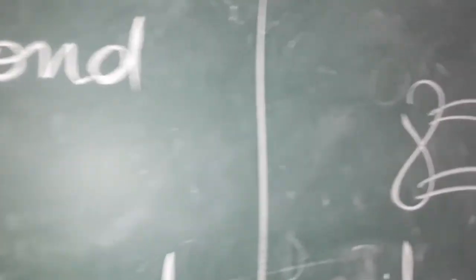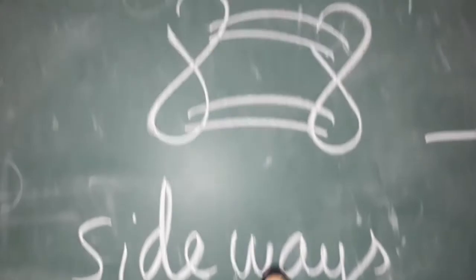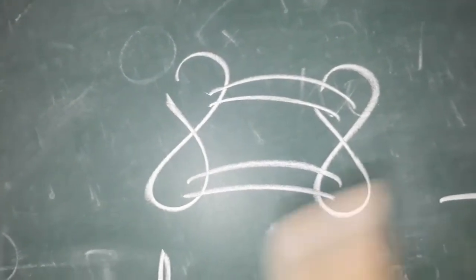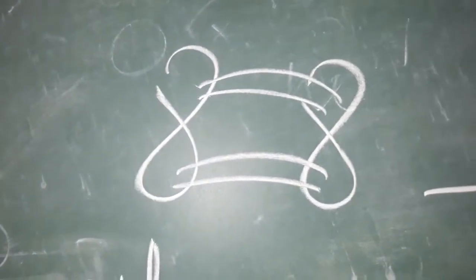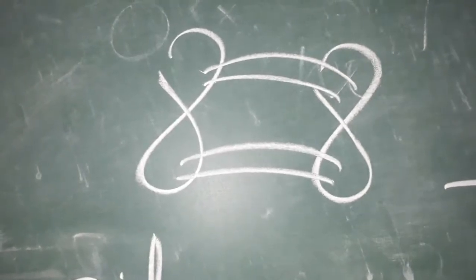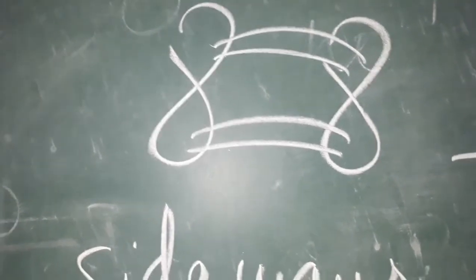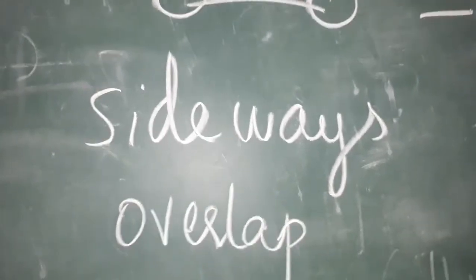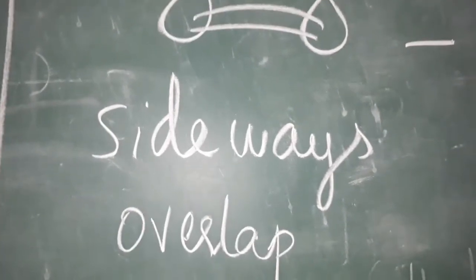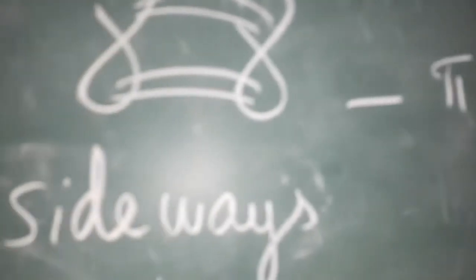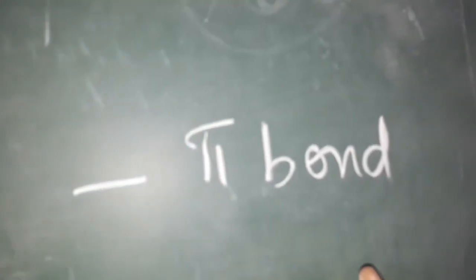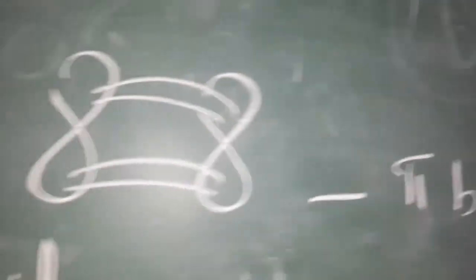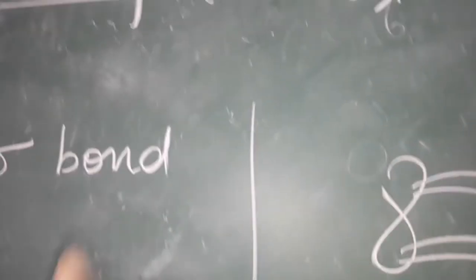And one more bond we studied, the pi bond, which is a side-wave overlap. We get it on the axis other than the molecular axis. In the p orbital, whichever axis we consider as the molecular axis, the other axes are considered not the molecular axis. So we get the side-wave overlap, and from the side-wave overlap we get the pi bond. These we studied in our previous video.